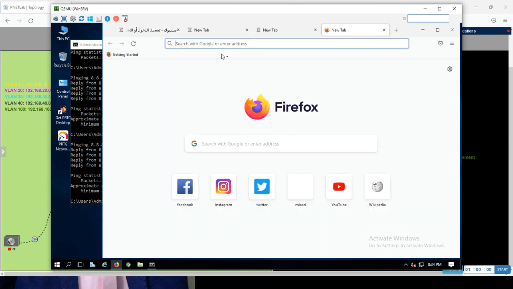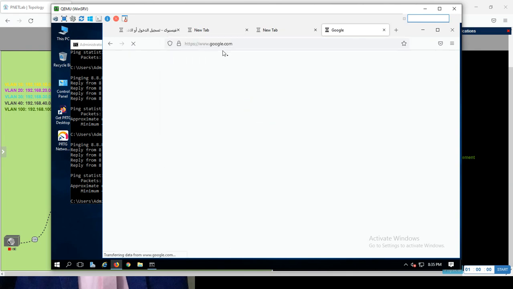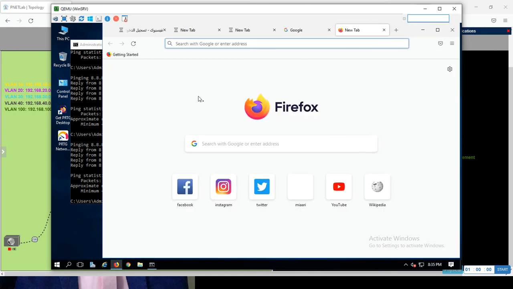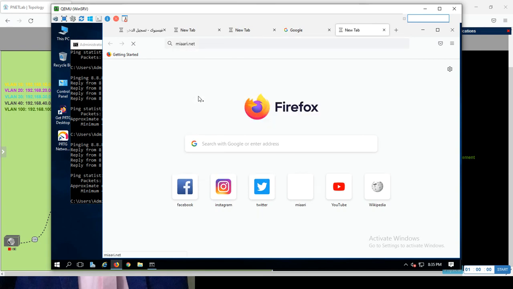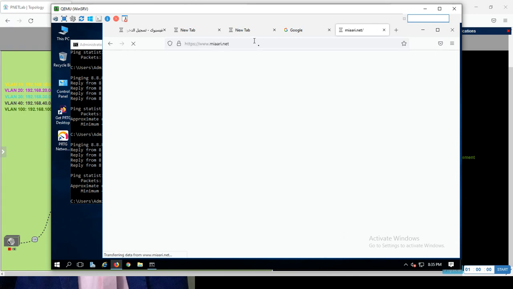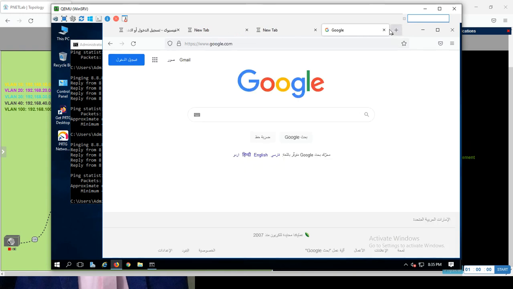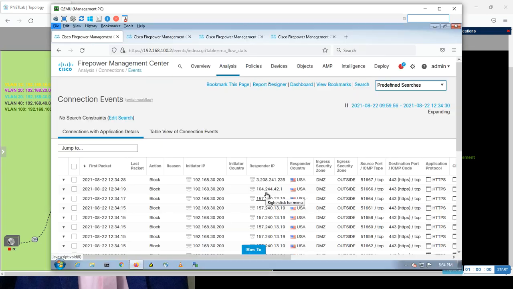Let's try any website, like Google, for example. Okay, Google is open fine. Let's open my website. Okay, it's open perfectly. So the only ones not working are the social media tabs. What about if I want to block my website, miari.net? So let me go to